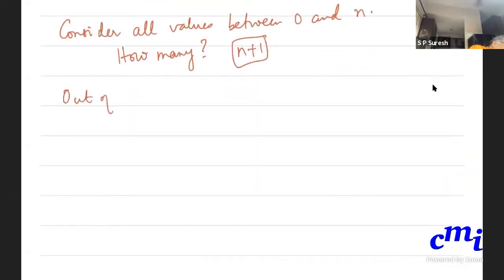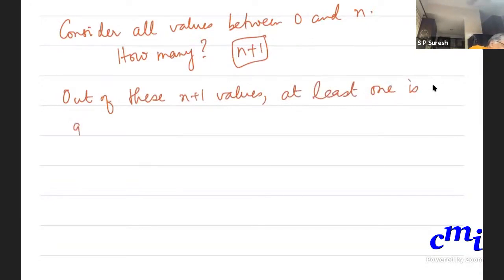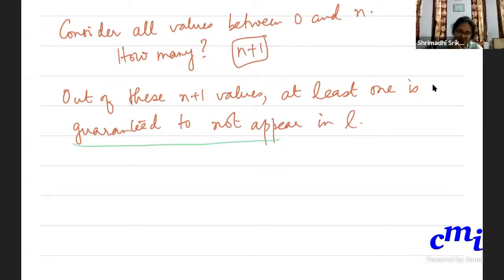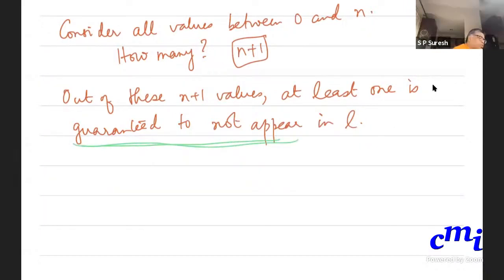So out of these n plus 1 values, at least one is guaranteed to not appear in L. So min out of L is less than or equal to n.